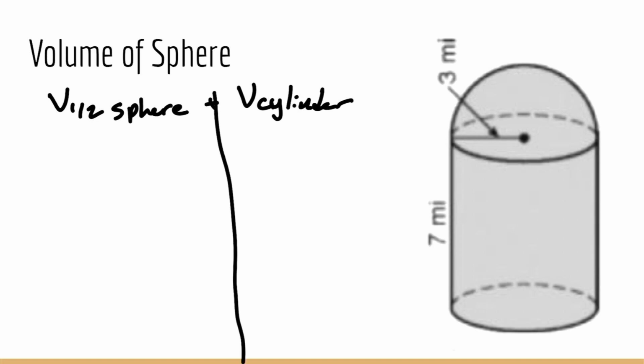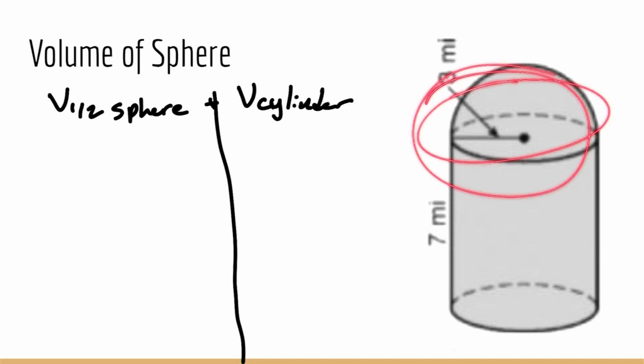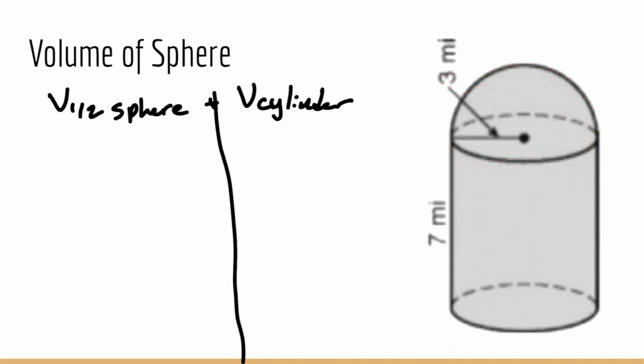I'm going to split this into 2 sides. I'm going to do the sphere first because that's just what we've been doing. Once again, we're going to find the volume of a full sphere and divide it by 2 because we're only looking for half a sphere. So we're going to do 4 over 3 pi r cubed. Again, our radius is 3, so we're just going to plug in 3 for our radius,